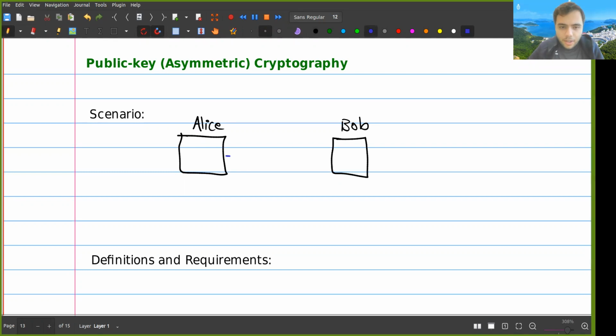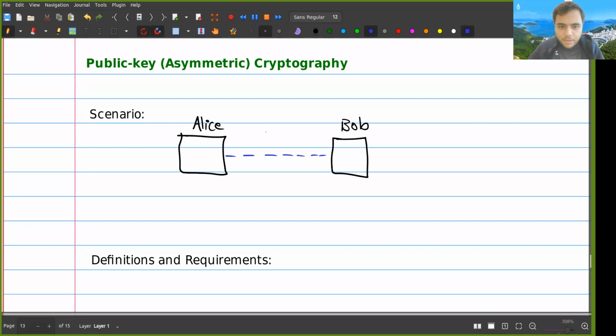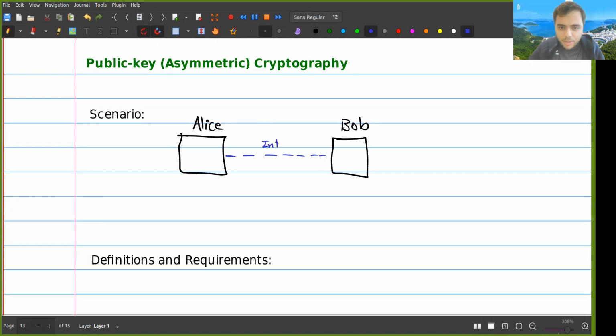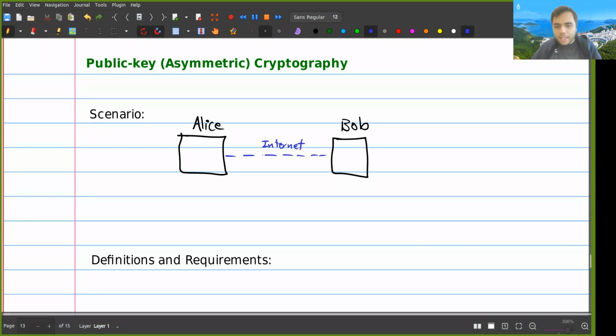And they are connected by a channel that is not secure. So I have, for example, the internet here. And let's say Alice wants to send an email to Bob. But the problem that we have here is that we don't want to have